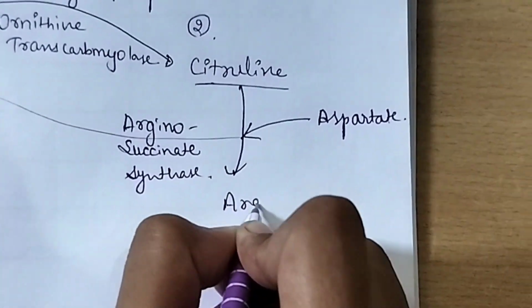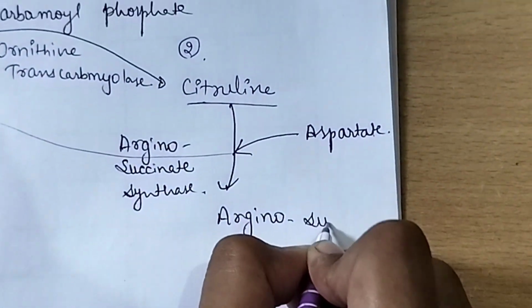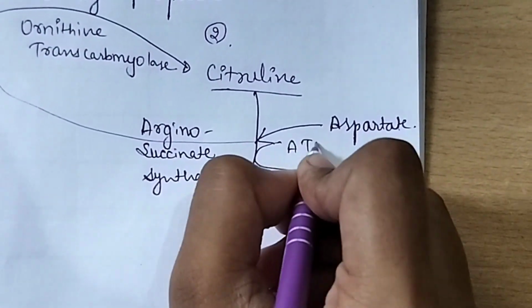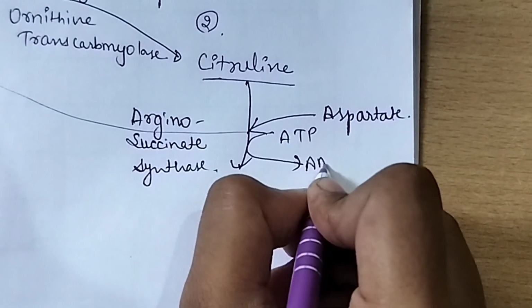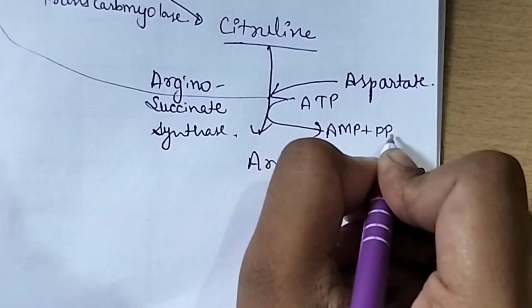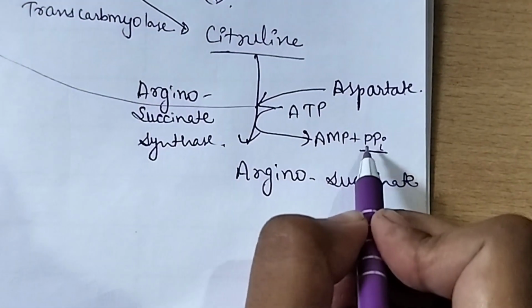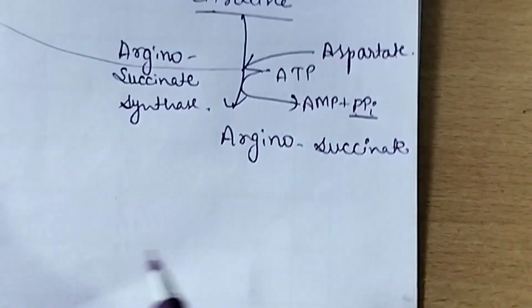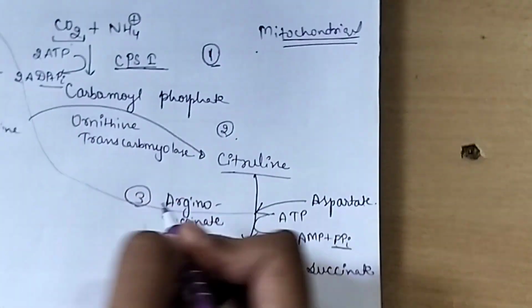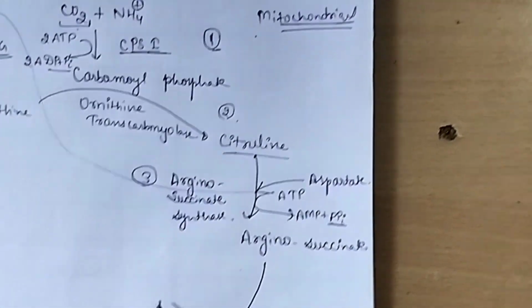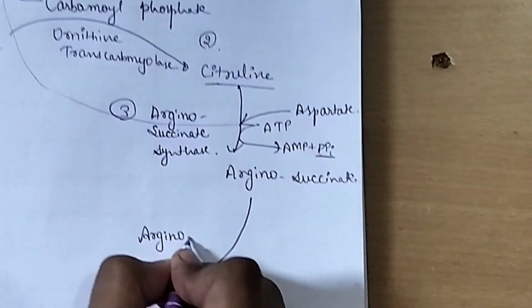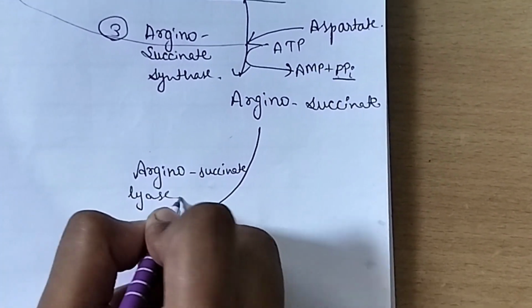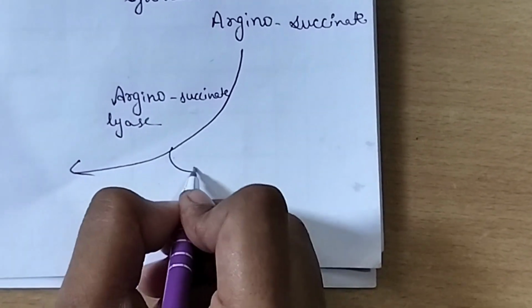and is converted into argininosuccinate. Here 1 ATP is consumed, and it is converted into AMP and inorganic pyrophosphate. Here 2 phosphate bonds are broken, so we consider it as 2 ATP consumption. This is the third step, and now in the presence of argininosuccinate lyase, argininosuccinate is broken into fumarate